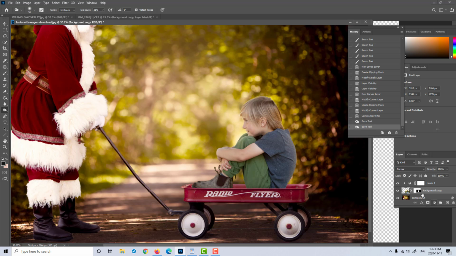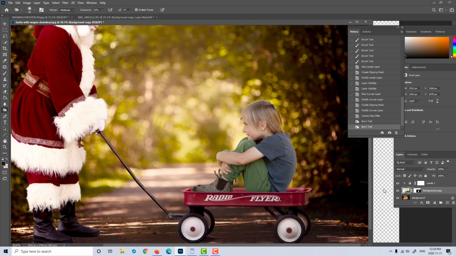So easy. You could also create another layer here and use the multiply blend mode, but I don't think it's necessary to overcomplicate this one. This is a really pretty simple composite. And because you don't have landing shadows to deal with, meaning where his butt and his feet are contacting this wagon, it's hidden, so you can get away with a few things and you don't have to have the most perfect landing shadows. I think I would also add some shadows in on the wagon layer, and I'm going to